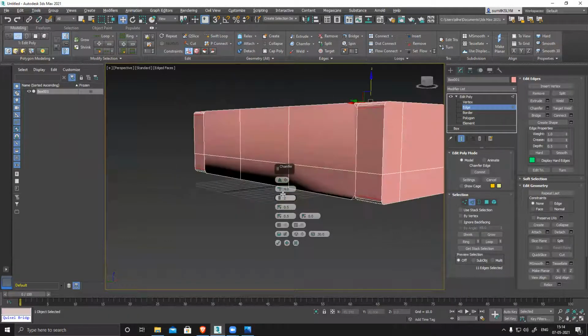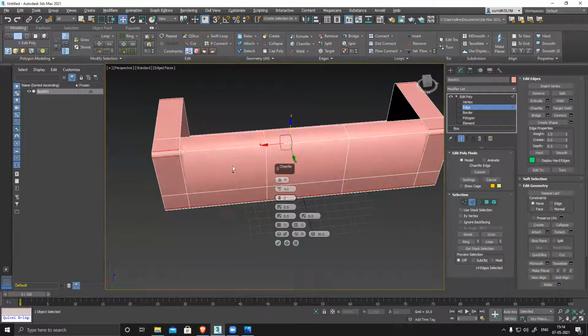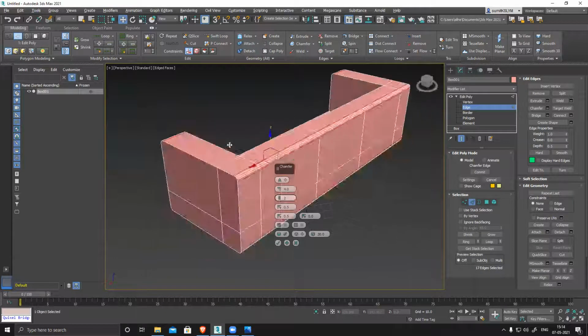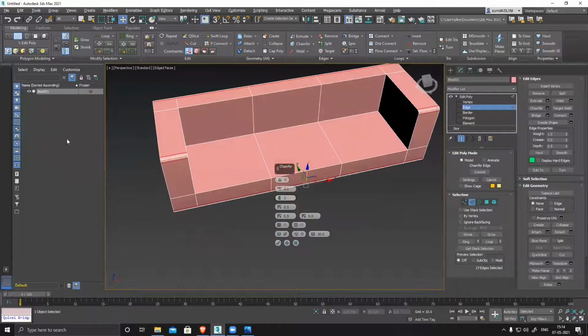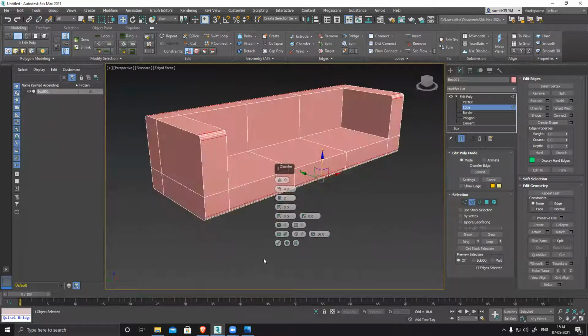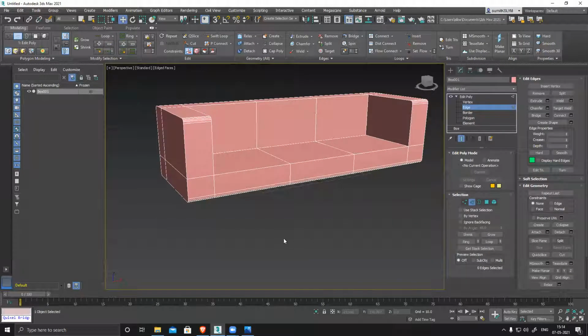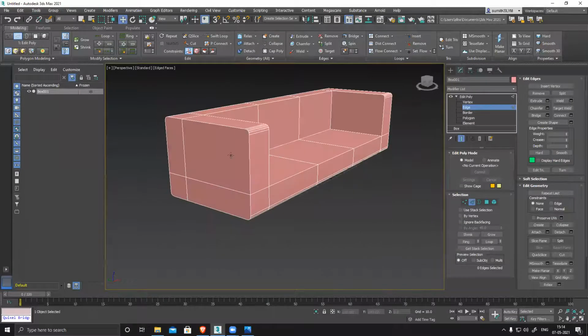If I bevel this base, then I have to bevel this also. Otherwise, it will create a mess. Now it's all clean. Perfectly. And these sides and front part are not visible, so I'm not going to touch them. You can see corners become smooth and round. Okay. So it's soft and smooth. Once I finish this, I'll connect this and make it a quad. Right now it's an n-gon, which is not acceptable.